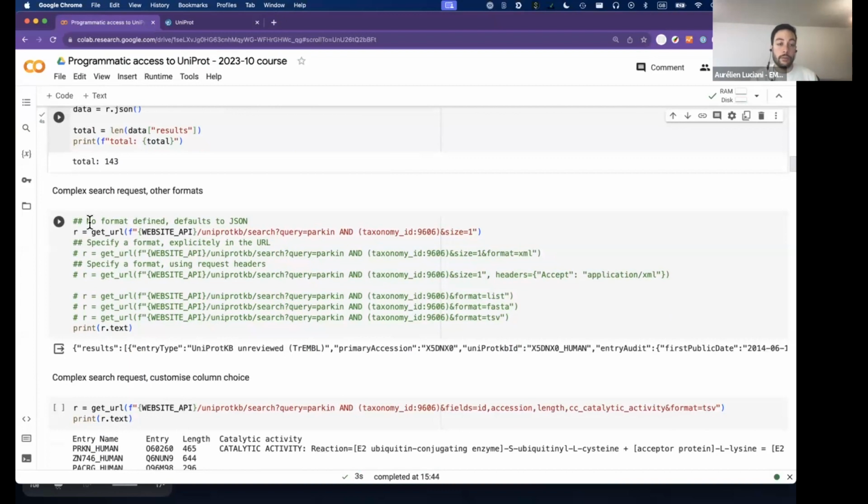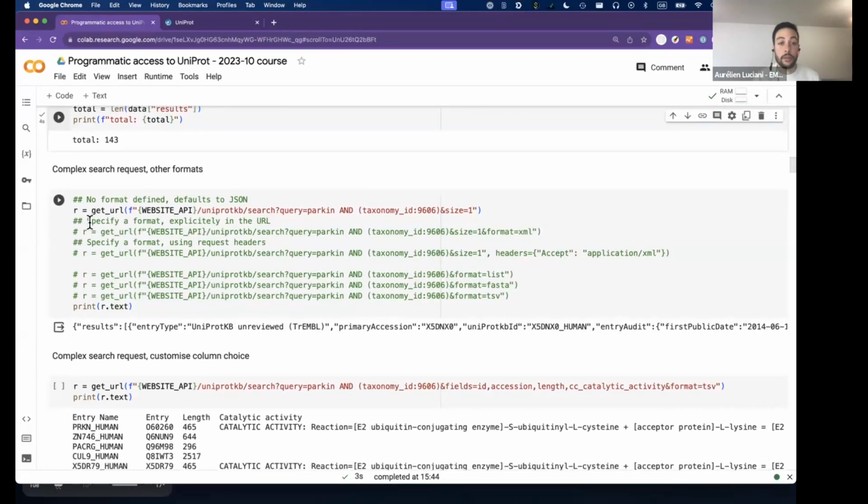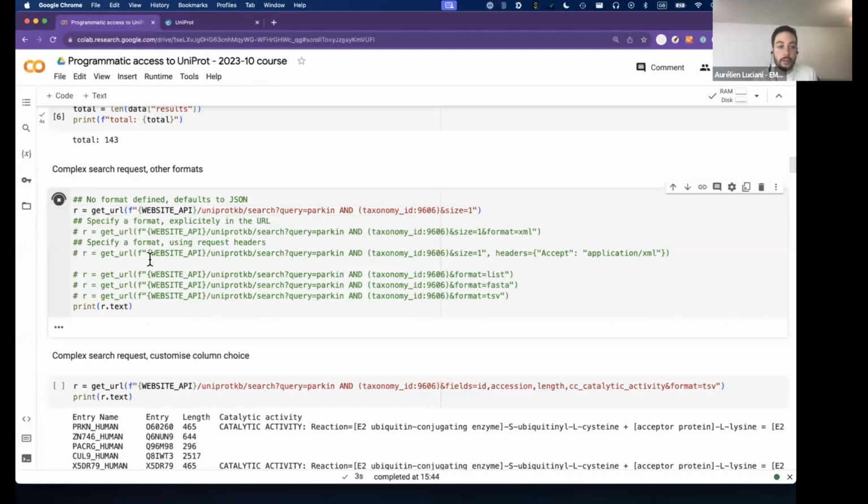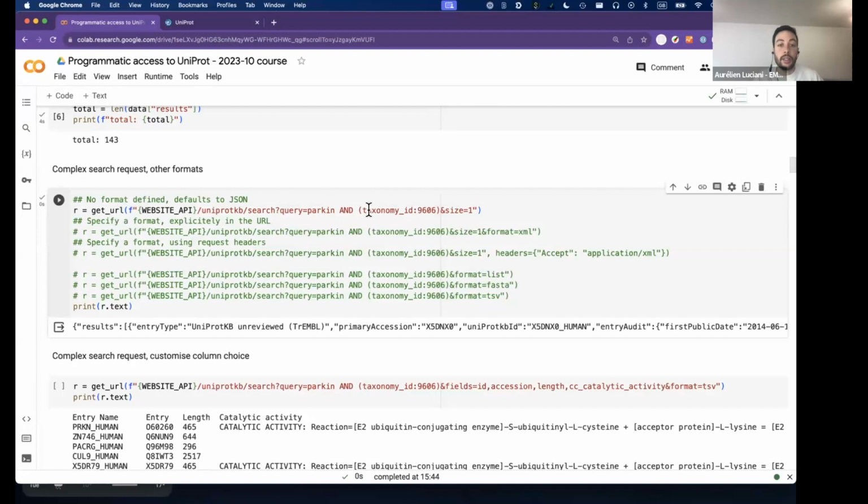There are other formats that we can request through the API. Just to be able to see it better, I restricted the response to one entry, whereas here we have 25 results by default. By default, it will return some JSON. If I print it just as text, you will see that it's JSON, so you can parse it as JSON. But if I query with format XML,